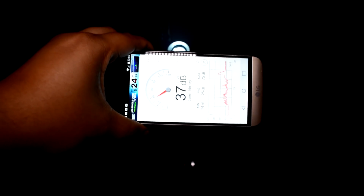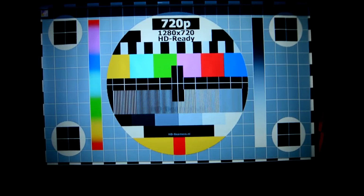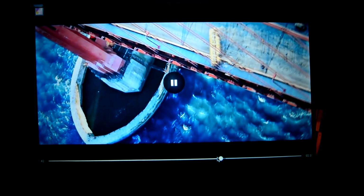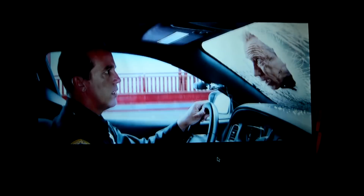Now as far as noise level on this projector, it happens to be one of the best. The GP90 used to top out around 42 dB. This one came in around 37, so again that was a significant improvement. The colours and the level of brightness have not changed since the GP90. The only thing that has changed is that the lens on the GP100 is a lot sharper than the GP90 was. So this projector has 3,500 lumens, and from about 2.8 meters you're able to get a 100-inch screen,